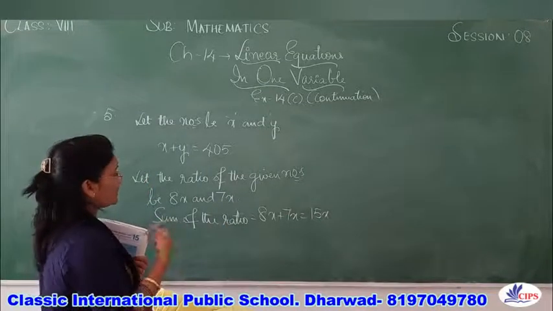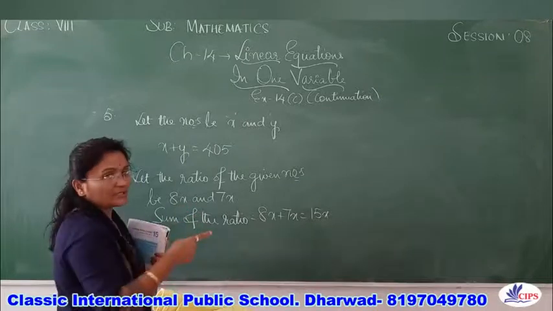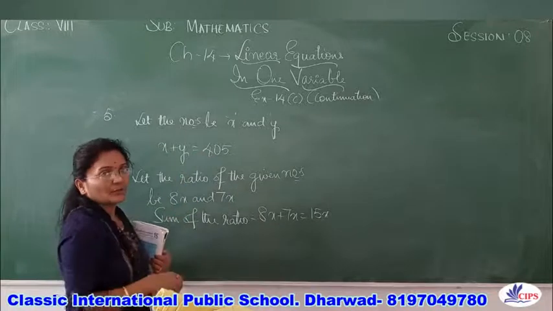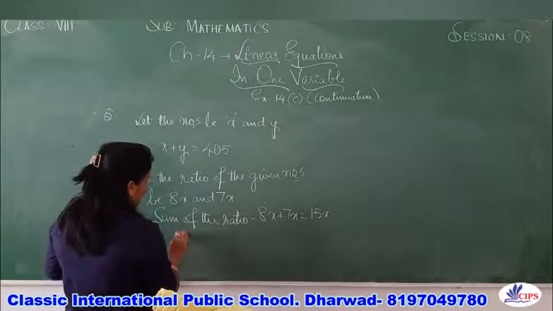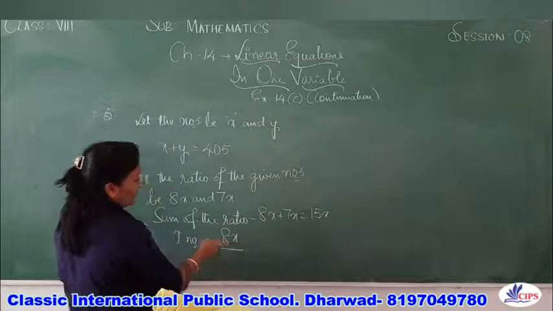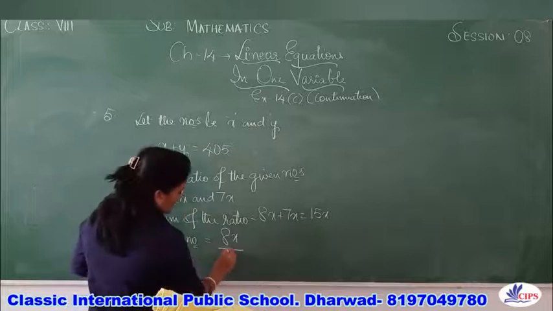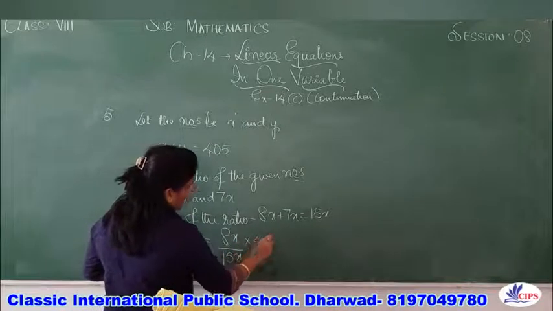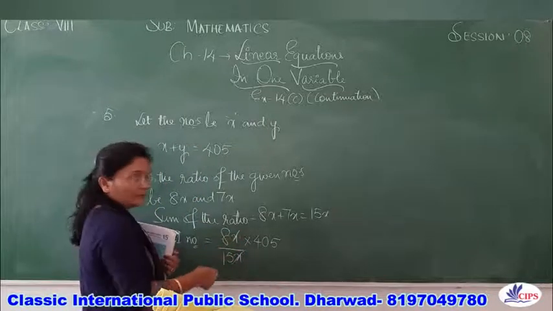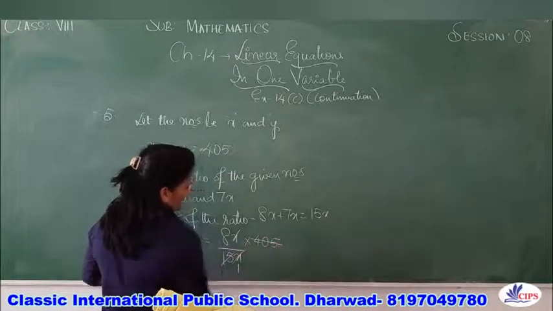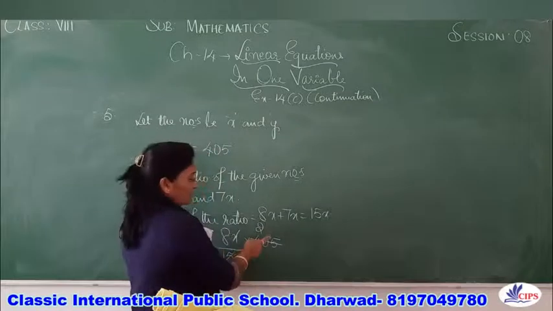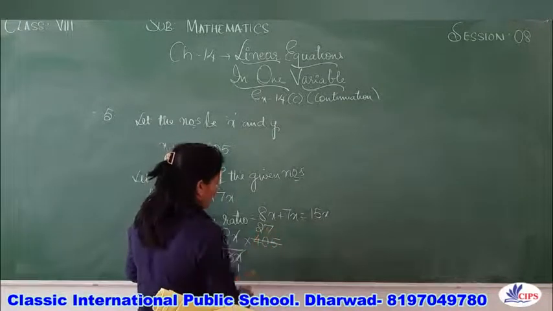Now what we'll do is, here there are two numbers given in the ratio, each number we will divide by 15x, and the total that we have to get, that is 405, we'll divide it. Now first number is equal to 8x, our first number was 8x what they had given, and here the sum is 15x, and what is the amount? It's 405. Now x gets cancelled, let us divide this 405 by 15. So 15 ones are 15, 15 twos are 30, so 10 will be left, that means it is 105, 15 sevens are 105.